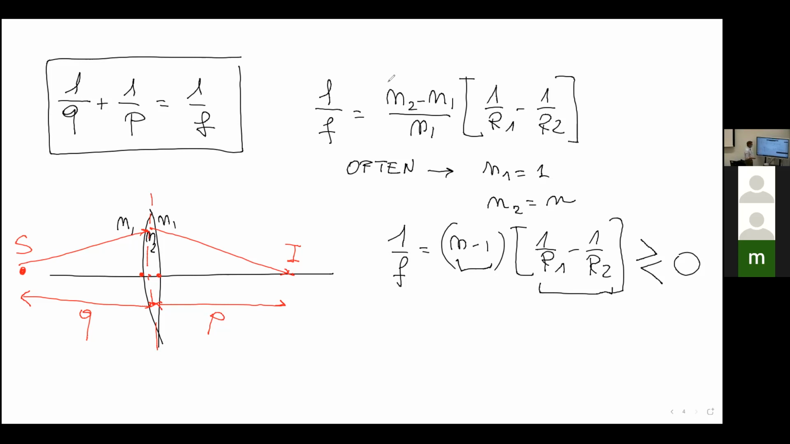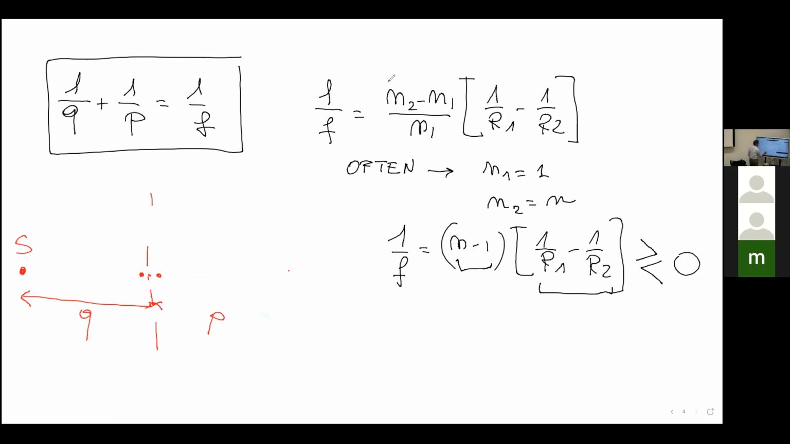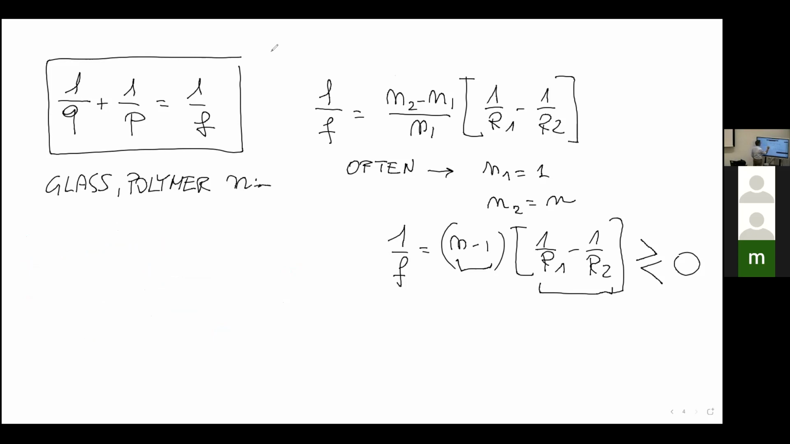Okay? And now look, if you fabricate lenses out of glass or a polymer, typically the refractive index n is more or less 1.5. So n minus 1 is larger than 0. Okay? And therefore, if you have a lens like this,